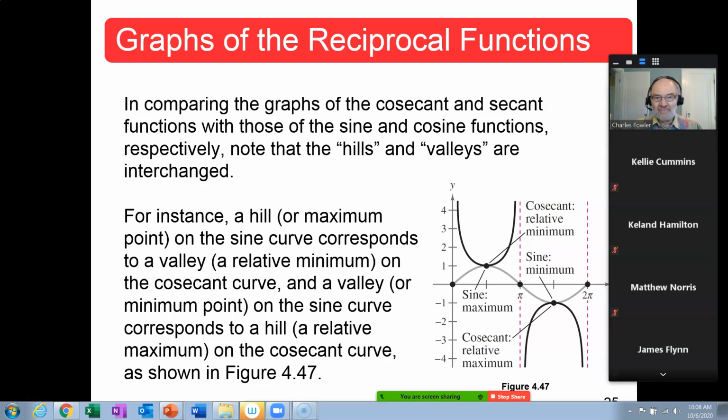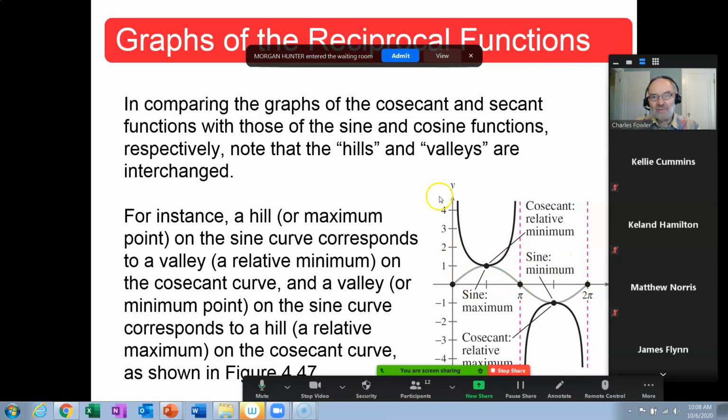So that's what's happening. So you need to use your 5 points to graph your sine or your cosine curve, but then once you've got those done, everywhere the sine or the cosine is 0, put a vertical asymptote, and